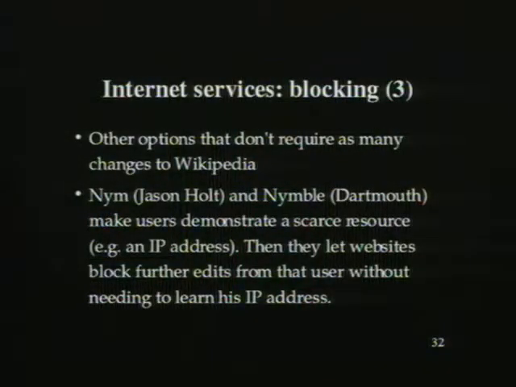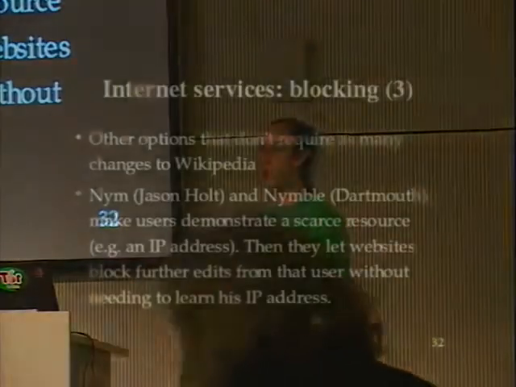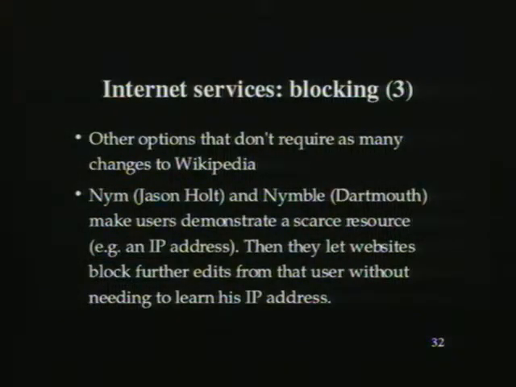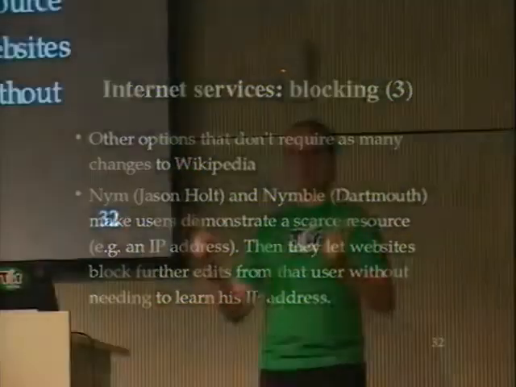And if that doesn't work, there are some other approaches that don't have to change Wikipedia as much at all. There's a system out there called NIM, written by Jason Holt, who is now at Google, I think, and another one called Nimble, written by some researchers at Dartmouth. And the idea is that there's a multi-phase registration process where at the first part you say, this is my scarce resource, and it's mine and not very many people have it. For example, this is my IP address, or this is my $10 bill, or whatever sort of scarce resource you have in mind. And at that point you get a token that you get to use to log into Wikipedia